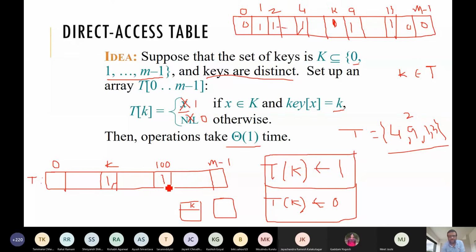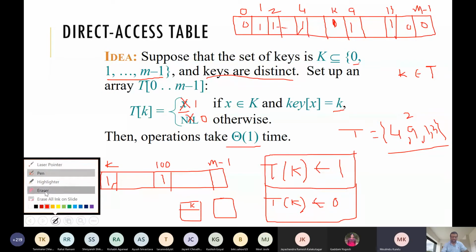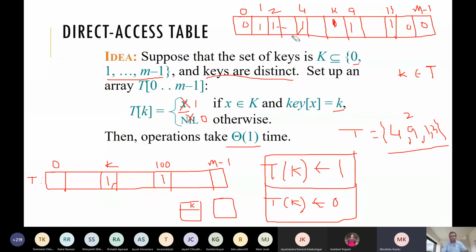So, but what is the problem with this data structure? Sir, firstly, the size will be very large for large M, even if the number of elements will be small. And another thing is that here the keys must be integers. That is not always the case. It may be string or decimal or anything. Also, we can't handle duplicates, sir.